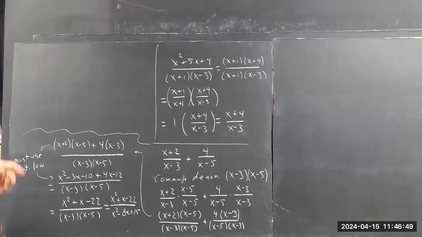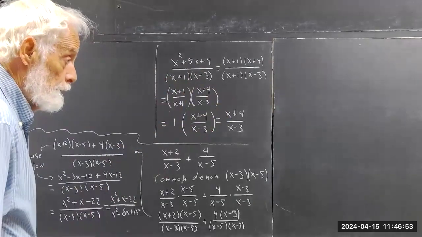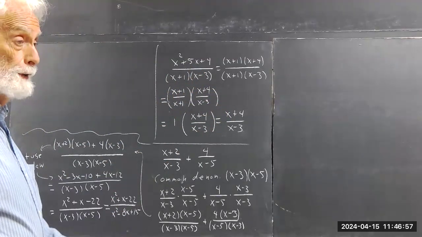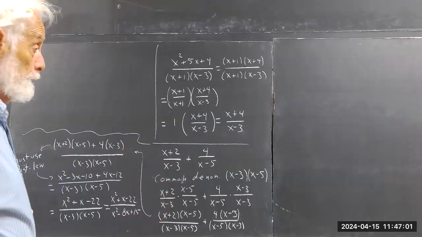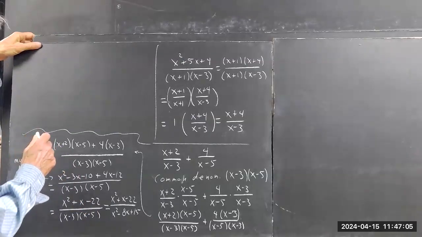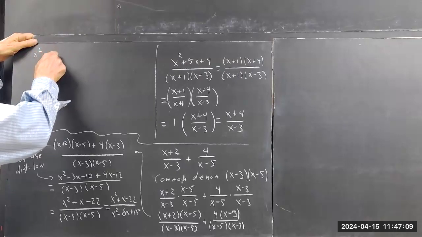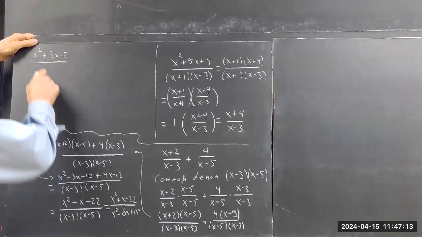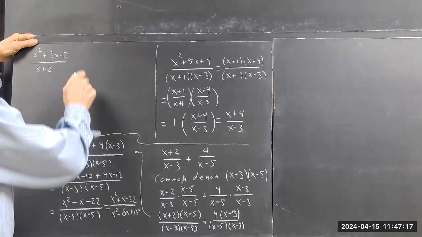Okay. Now the last problem, we just want to multiply two rational expressions, and multiplication is really easy. You multiply the numerators and you multiply the denominators. So we have x squared plus 3x minus 2 over x plus 2, multiplied by